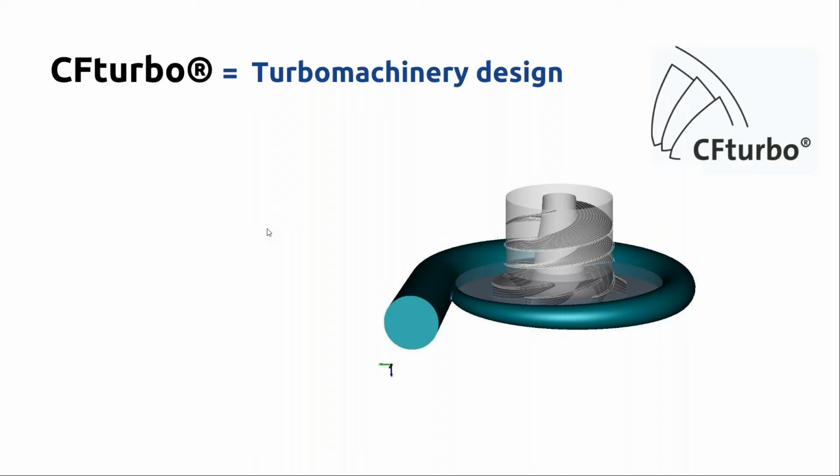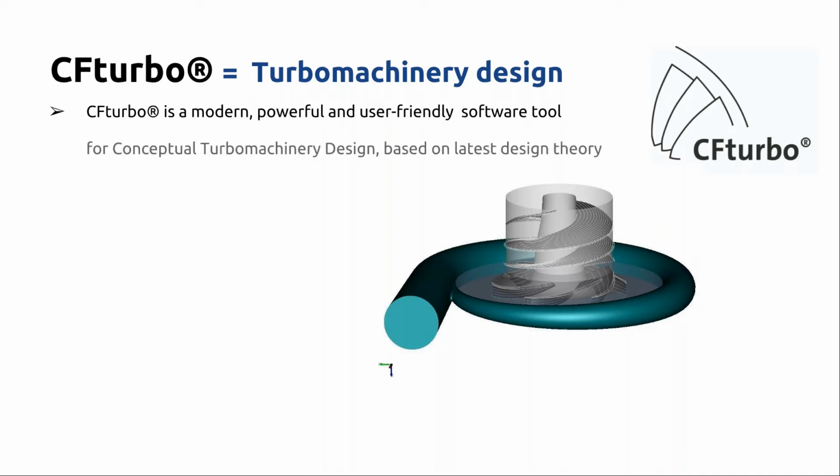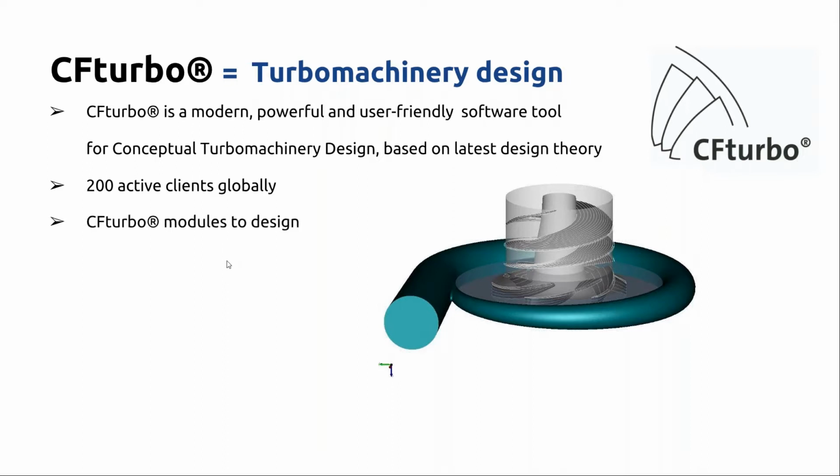Well, CFturbo is a German-based company with office in Dresden and at Munich, and since last year also an office in New York City. Our main product is CFturbo, which we call a conceptual design tool for turbomachinery design. It's a modern, powerful, and user-friendly software tool. We have implemented latest design theory. Right now we have something like 200 active clients globally, and there are a couple of modules implemented that one